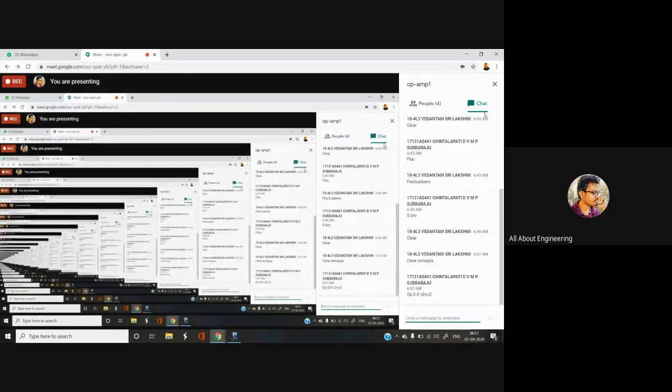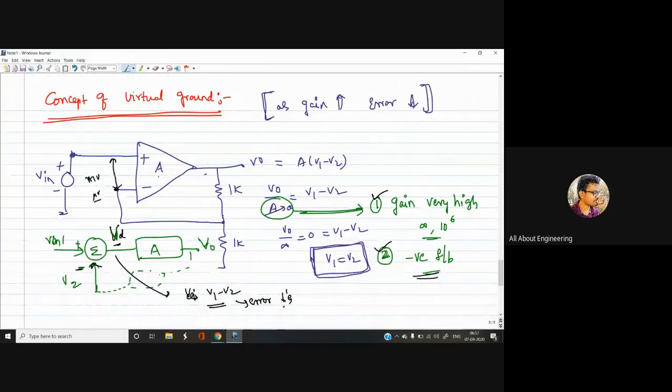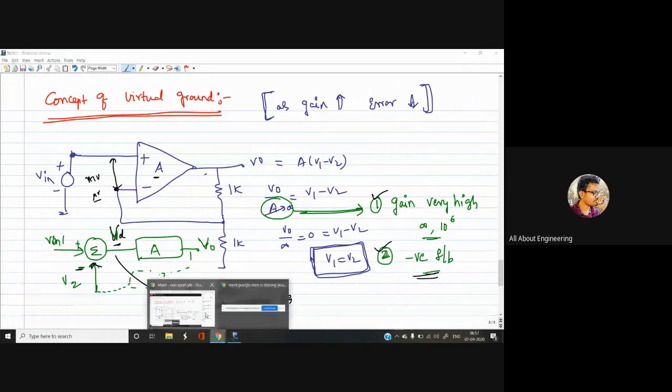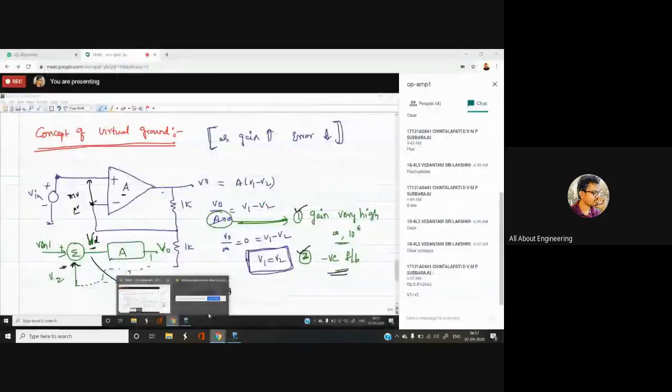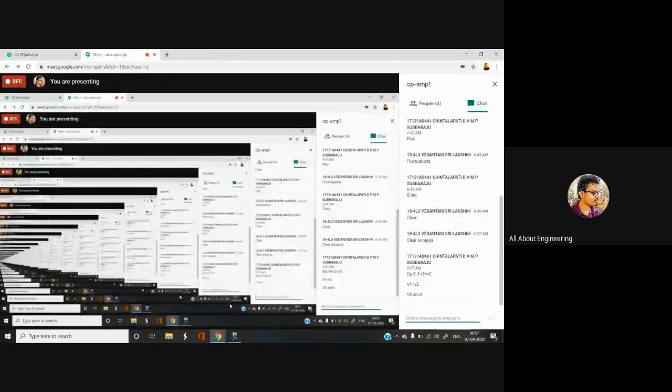Output equal to 0 if V1 equal to V2. I didn't get your point. No, see, that is not an actual short, but that is a virtual short. In the sense, there would be a small, minute differential voltage in the order of millivolts or microvolts. Now, if that gets multiplied with this huge gain, you will get a usual output of some value. You got my point, right? So if V1 equal to V2, then output should be 0, is your question. That is virtual short, but not ideal short.